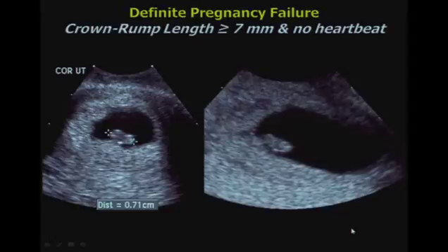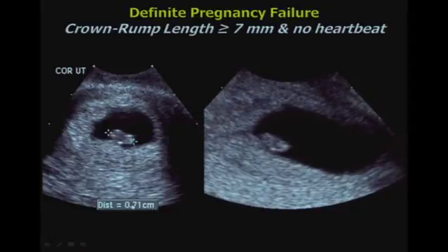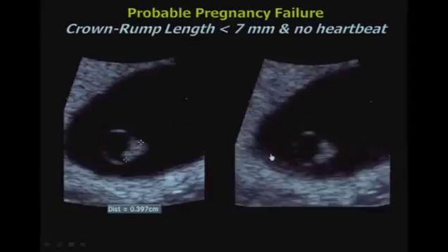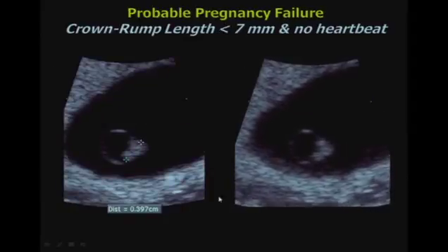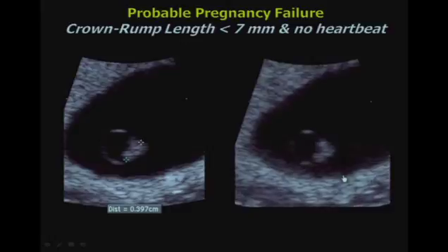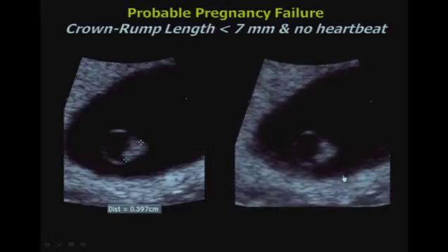And here's an example. Here is an embryo measuring 7.1 millimeters. It's at least 7 millimeters. On this real-time video clip, there's no heartbeat. This is a definite pregnancy failure, whereas in this case, we have a roughly 4 millimeter embryo seen here. There's no heartbeat. This is probable or suspicious for pregnancy failure, but a follow-up would be needed to confirm that